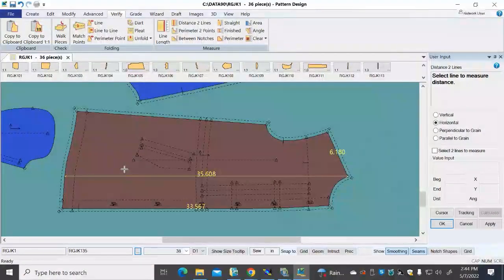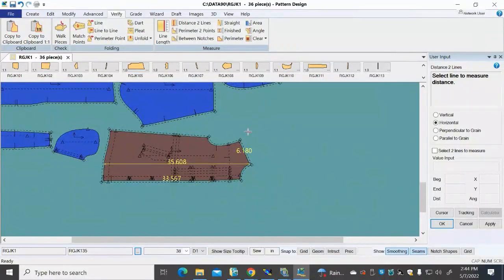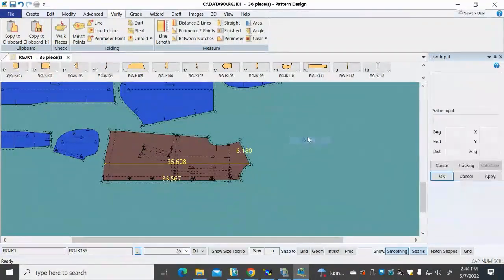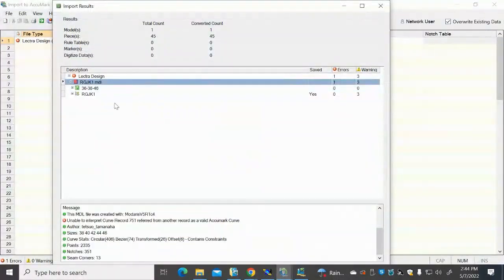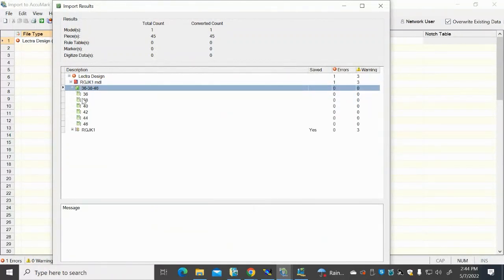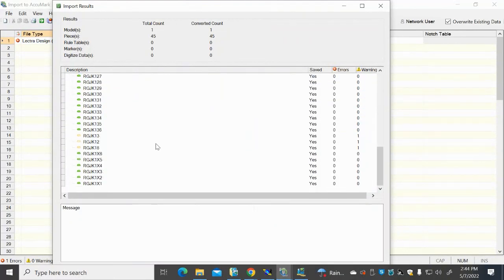You check and then compare with the spec if you have, and make sure the pattern does not have any distortions or anything. Okay. So that's the conversion, okay,